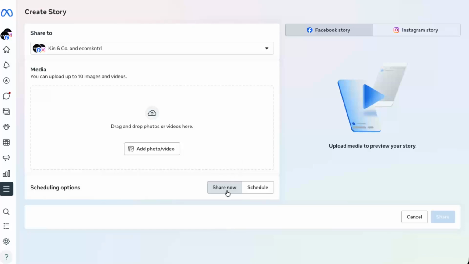to highlight key information. When you're ready, review your story one last time, then click Share to publish it to your connected accounts. Your content is now live in both your feed